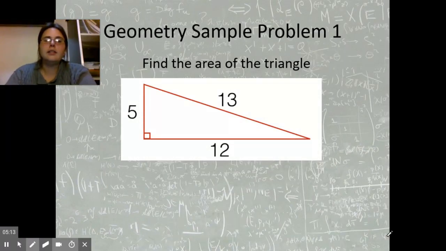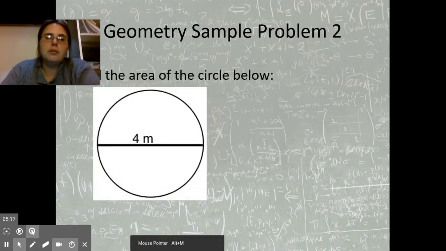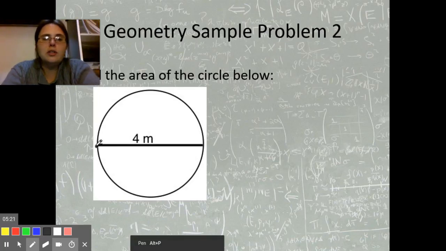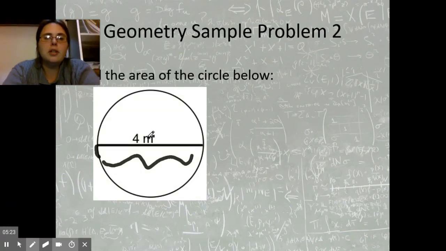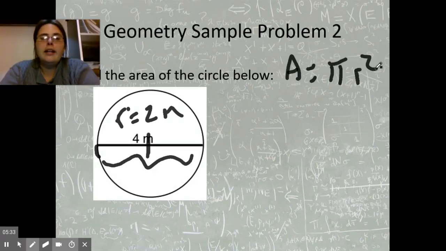So then the next example is one of a circle, which people sometimes have trouble with because they look at this whole thing and assume it's the radius, but it's not. The radius is half of that. So the radius is 2 meters. So then the area of a circle is just pi r squared. And if we plug that in,